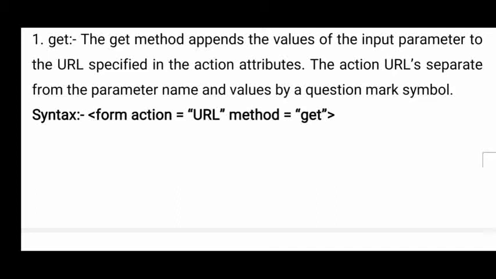When I explain the practical, at that time I will explain the get. Actually it is the default method, you need not separately specify it. We use it in public websites where you don't want security. Whatever information you are entering into the form is visible in the address bar. Okay, you see the syntax.